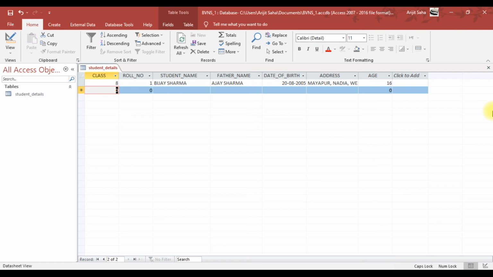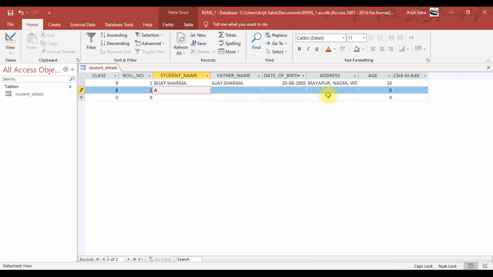So how can we edit a record in a table? As you can see, this is what we call a record over here, and we can definitely add more records. To add more records, you need to click on this blank row over here, remove the 0 from over here and continue typing. Now, as I said to you previously, the roll number column is a primary key column. So let us check whether or not this row is accepted.